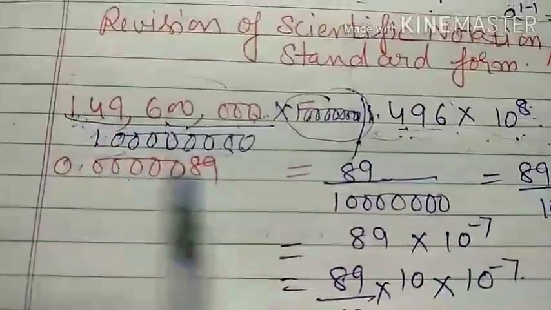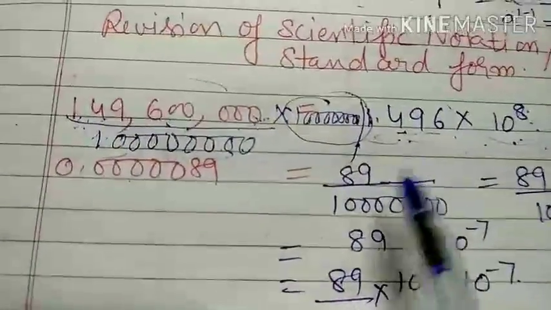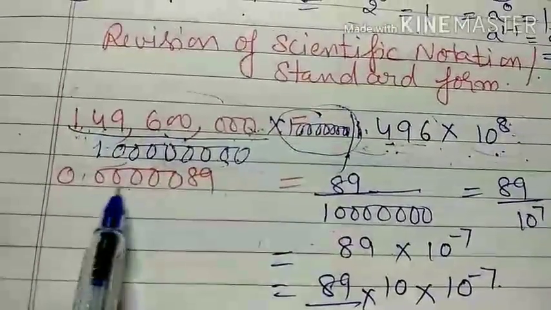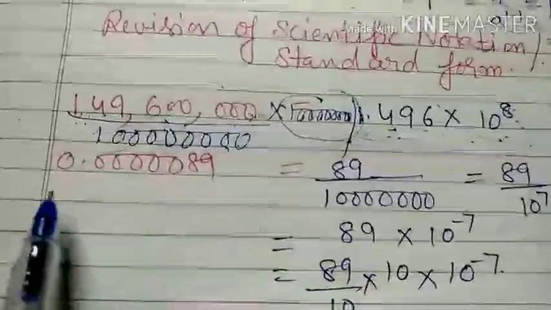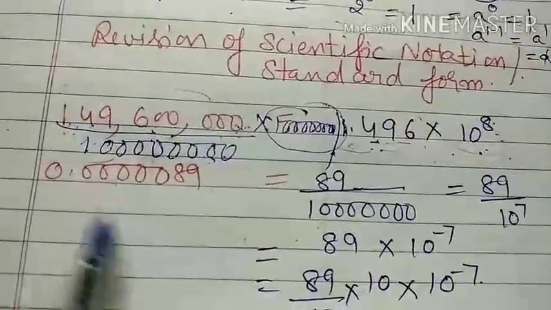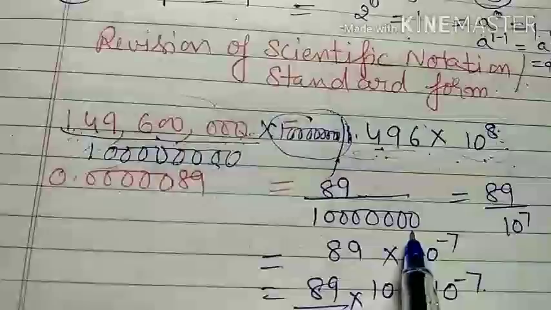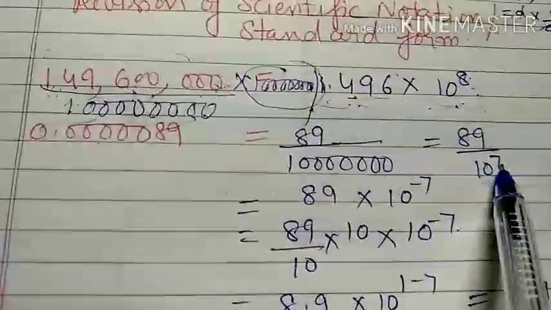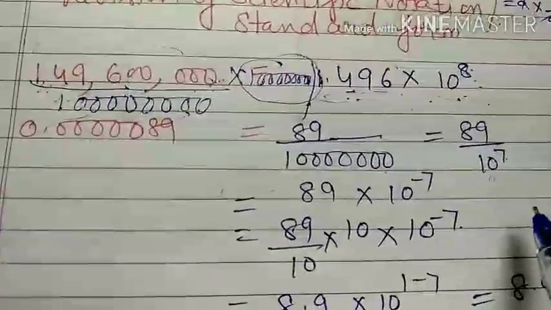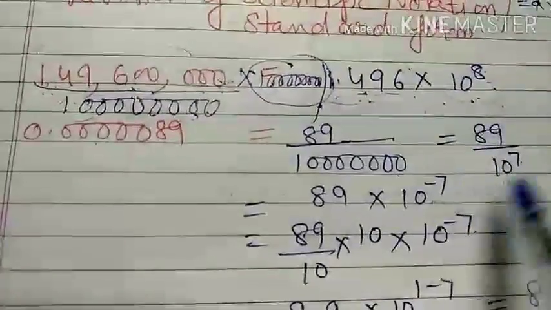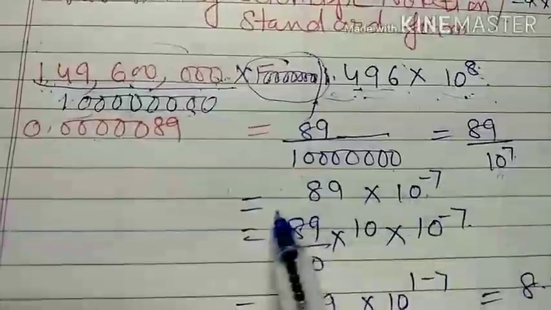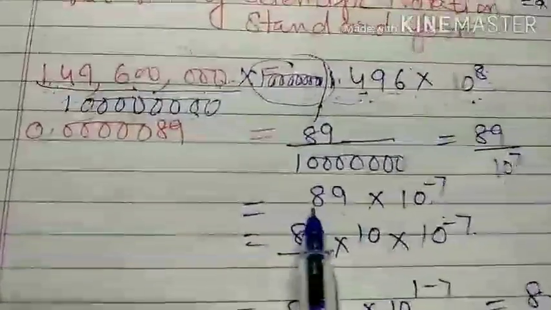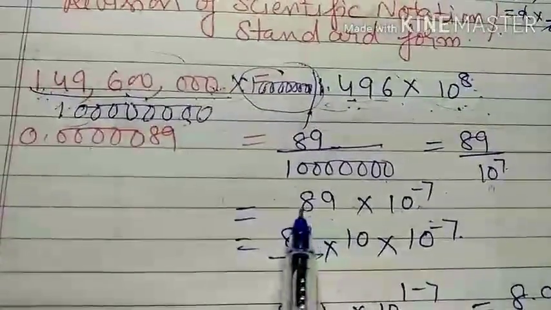Like here, if I have 0.000089, I want to convert this into standard form. So first I will count how many digits are there after the decimal, 1, 2, 3, 4, 5, 6, 7. There are 7 digits. When you remove the decimal, 1 accompanies 7 zeros. Now that becomes 89 upon 10 raised to power 7. 10 raised to power 7 means 10 multiplied 7 times. So when this power goes upward, that is -7, but still it is not in standard form. It is still in the usual form, because I need the decimal after one digit.